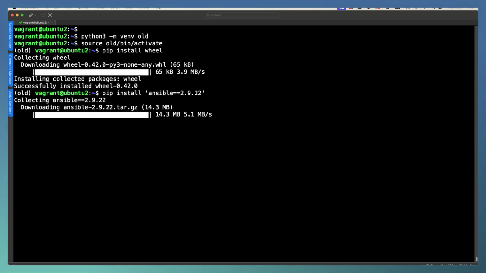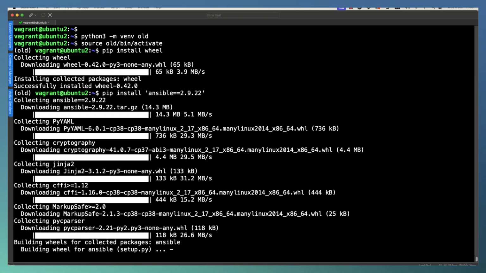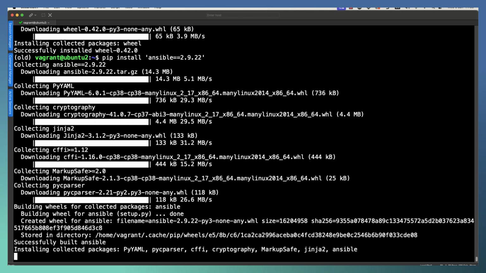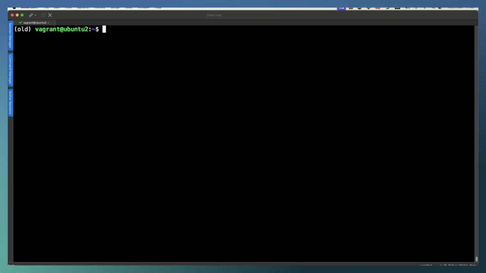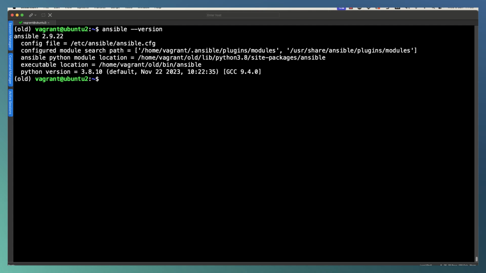Where we're looking at Ansible 2.9, this is our older versions that take just the module name and not the full collection name. Ansible 2.9 is not familiar with collections. They came in Ansible 2.10. Now that it is installed, it's completely contained within this environment. And if I use ansible --version, we're going to be able to see that we have the earlier release now of 2.9.22.